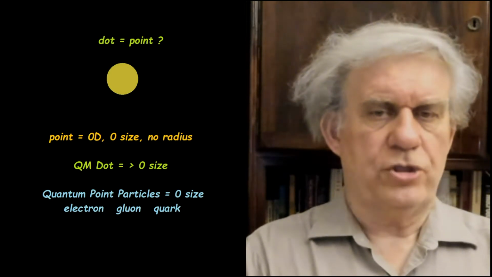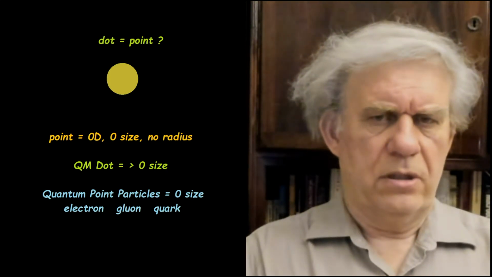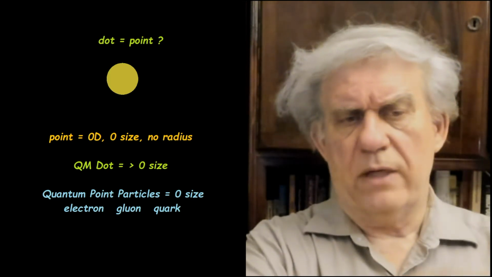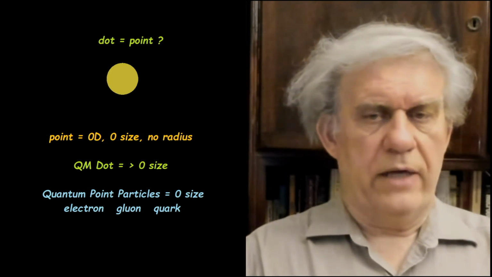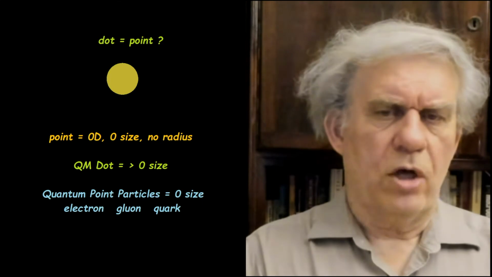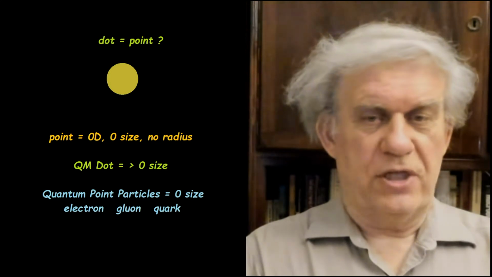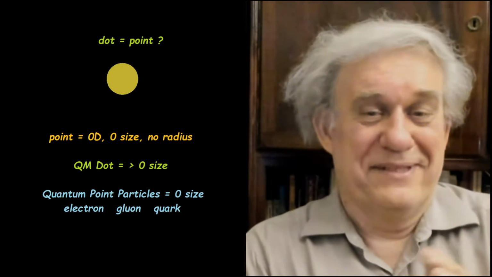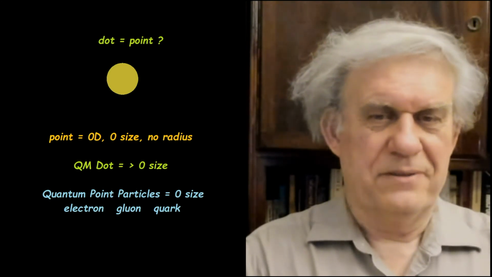What is a point? It's a location. Is that what a dot is? A quantum dot, is that what a quantum dot is? Just a location? I mean, they're talking about quantum, right? And we've covered it this week. The quantum dot, apparently, according to the definitions that are out there, is greater than zero size. But the quantum particles, like the point particles, electron, gluon, quark, those are all zero dimensional, zero, nothing. In fact, they're not even particles. What they are is wave function collapses, whatever that means to you. You have an equation that collapses a probability, or I don't know, you can't even picture it, and you can't. It's nothing. It's zero dimensional, no size, nothing.